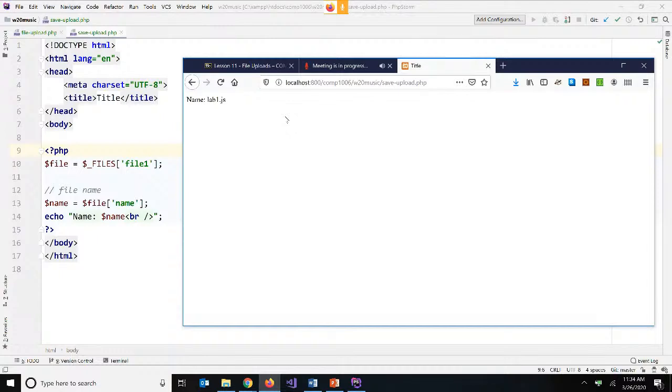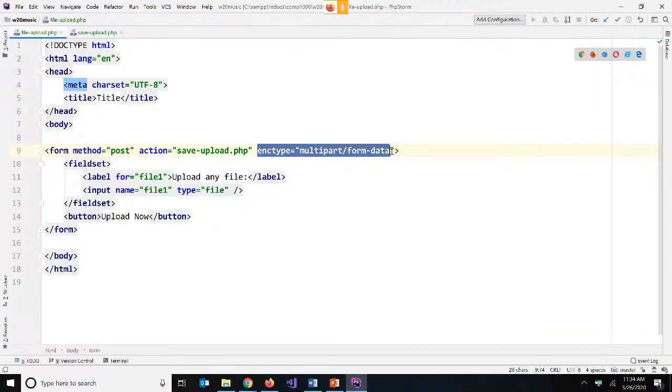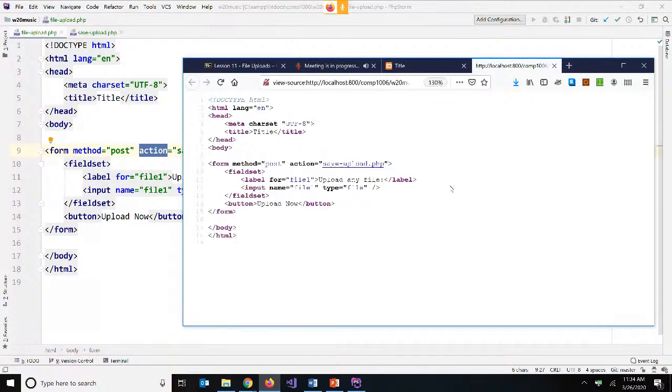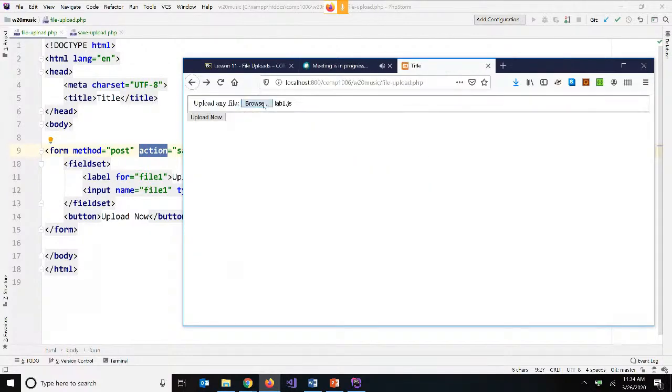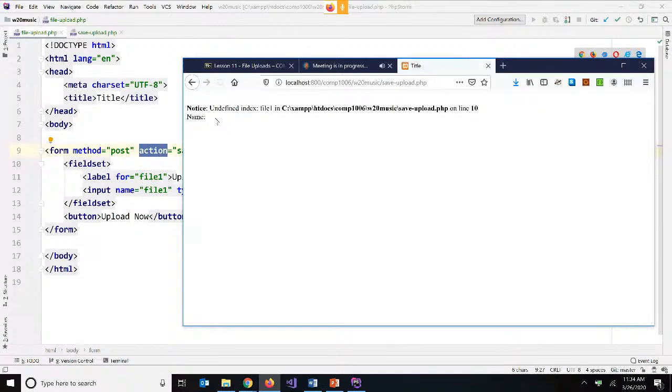So now I want to show you why. I'm just going to go back to my form, encoding type. So I just have a regular method. I'm going to save and try. So now encoding type, notice now is gone. I'll pick a file again. And now when I go to upload, it says,